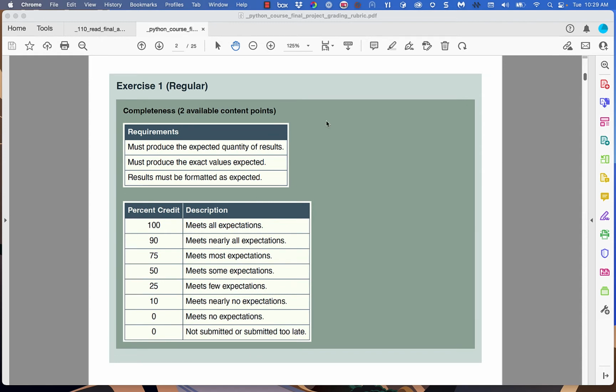As with all of my grading rubrics, the first of the boxes that you're going to see within the item is a list of the requirements. And then the second box is going to be the possible grades. 100% for meets all expectations, 90% for nearly meets, and that's usually you made one small mistake or